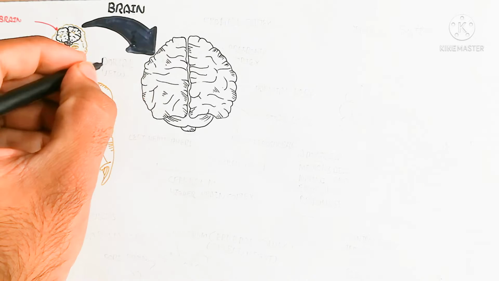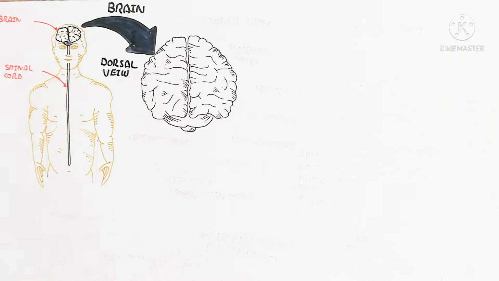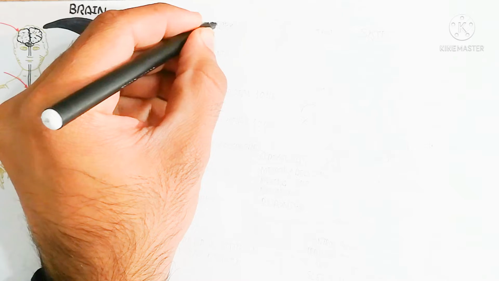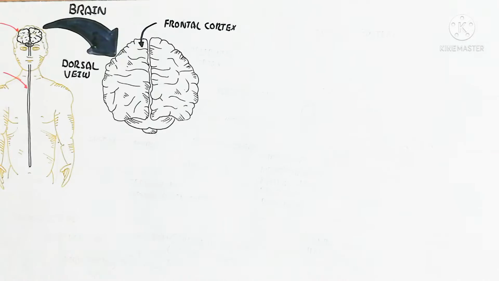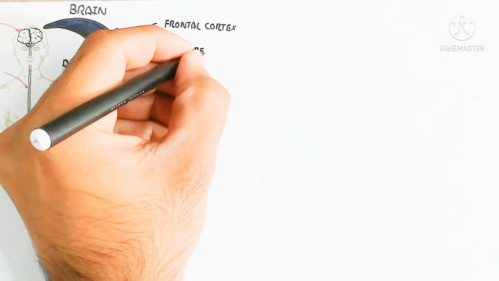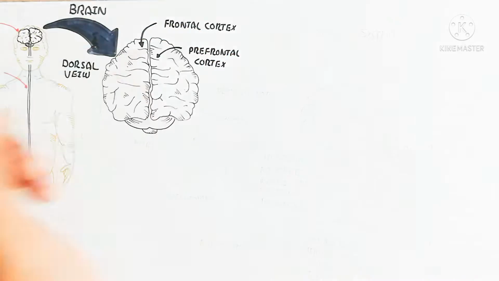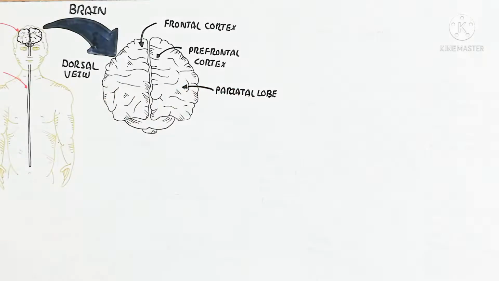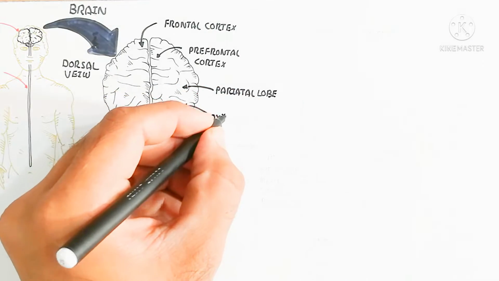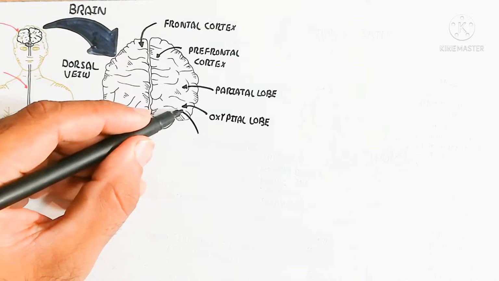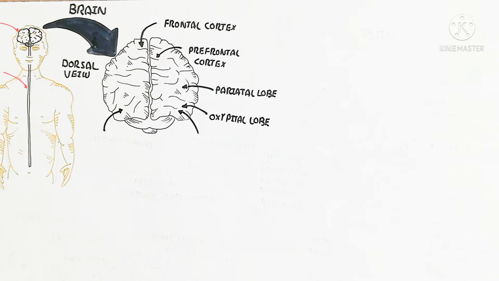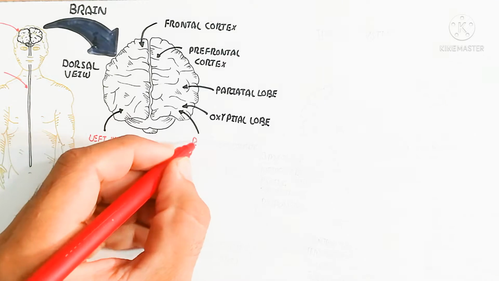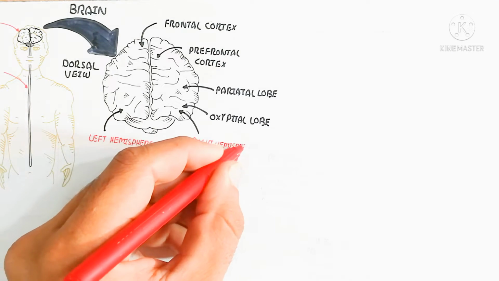Here is the dorsal view of the brain, as shown in the figure. The anterior part is the frontal cortex, and behind the frontal cortex is the prefrontal cortex, because it is the pre of the frontal cortex. The middle is known as the parietal lobe, basically the parietal cortex. The parietal is basically sidewise, and the occipital is behind the